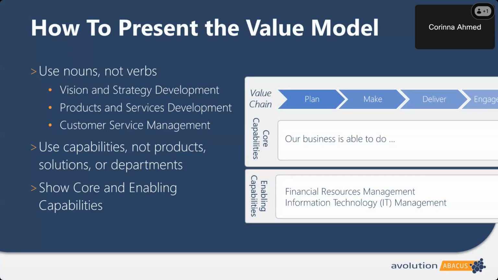So for example, rather than saying developing vision and strategy, which sounds more like a process, we want to say vision and strategy development. Similarly, we might say products and services development, customer service management, etc. This helps us to remember that we are trying to use capabilities, not products, not solutions, not departments, not processes, not technologies, etc. It can be really easy for these non-capabilities to sneak their way into our capability models because